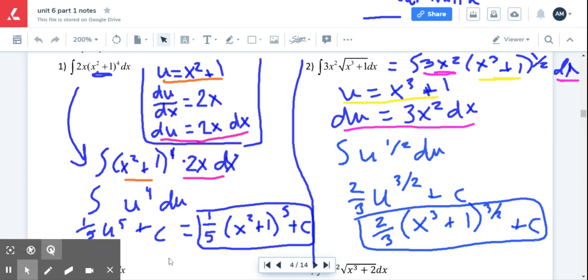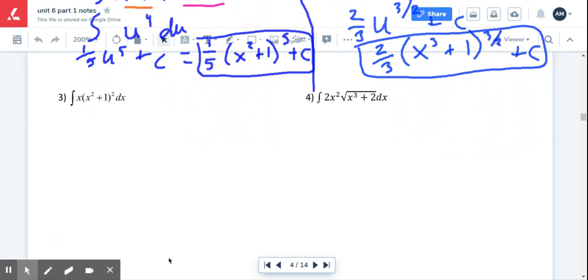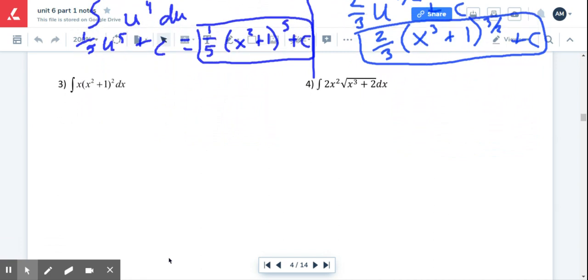All right, so those were two sort of basic examples. So we'll just have two more just to really make sure we get what's going on here. Some things are going to be a little different about 3 and 4. You will see exactly what I mean. So just like last time, I'm going to let the inside of that composite function be u. And just thinking ahead,